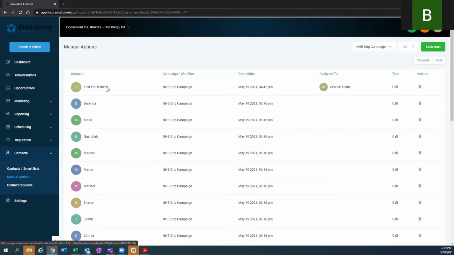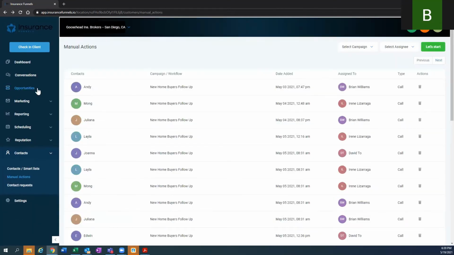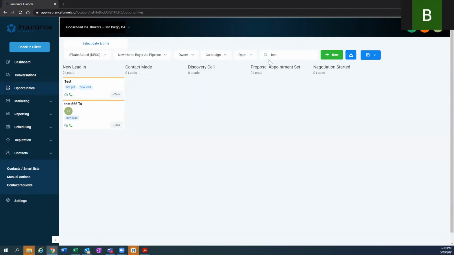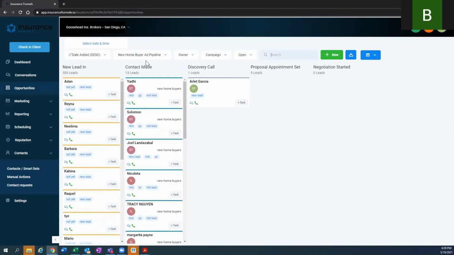Just go in here. Once you've done a call and it has been a successful call, and you've entered in some notes and you're ready to transfer this into the next stage and notify our loan officers that they have a fresh lead, we will go through to opportunities. And on the opportunities page, you'll be able to see all of the flow of calls